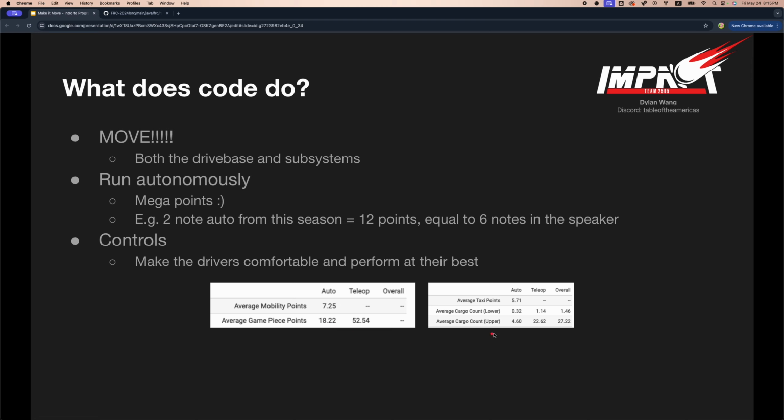What about 2022? Same deal here. On average, teams got 5.71 points during autonomous for just moving. That year it was 2 points if you taxied, which was what it was called. And on average during autonomous,